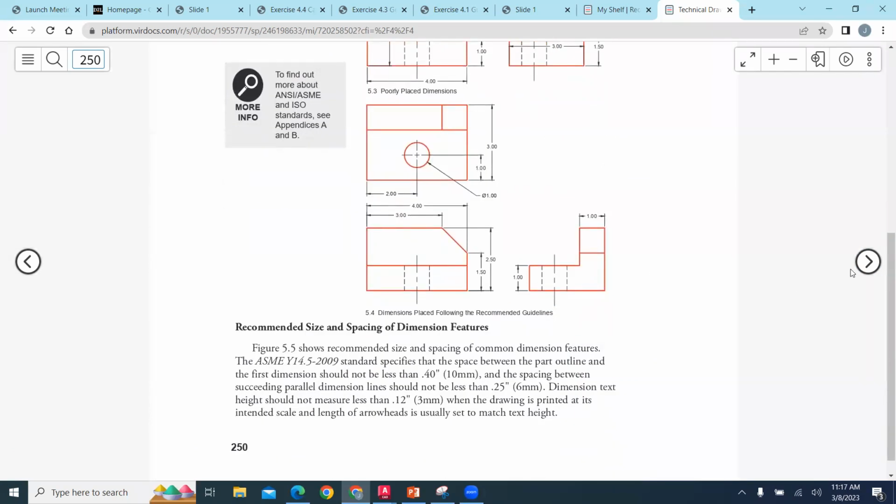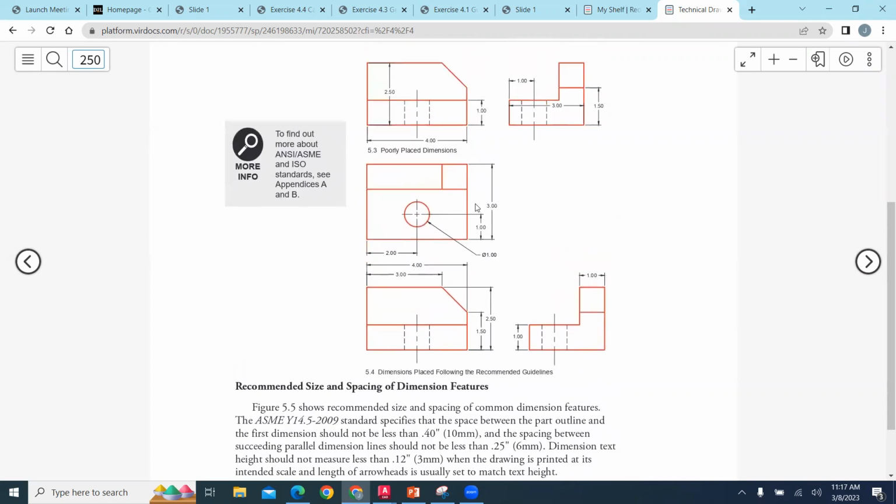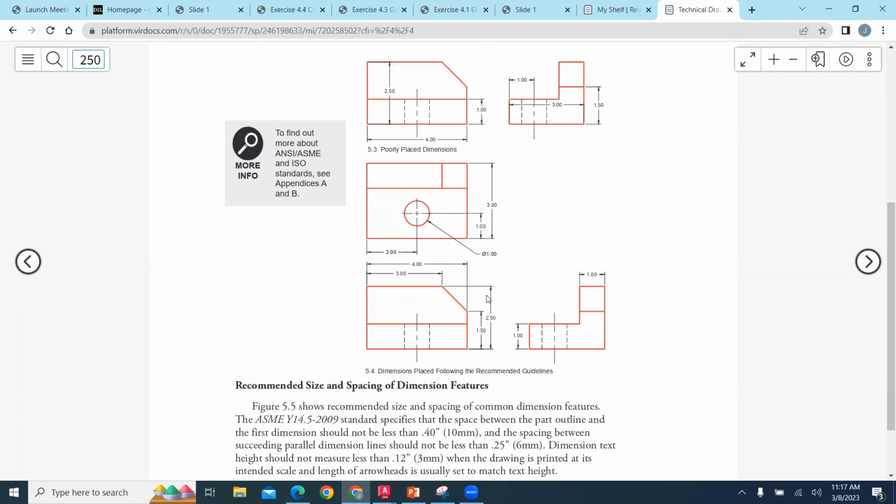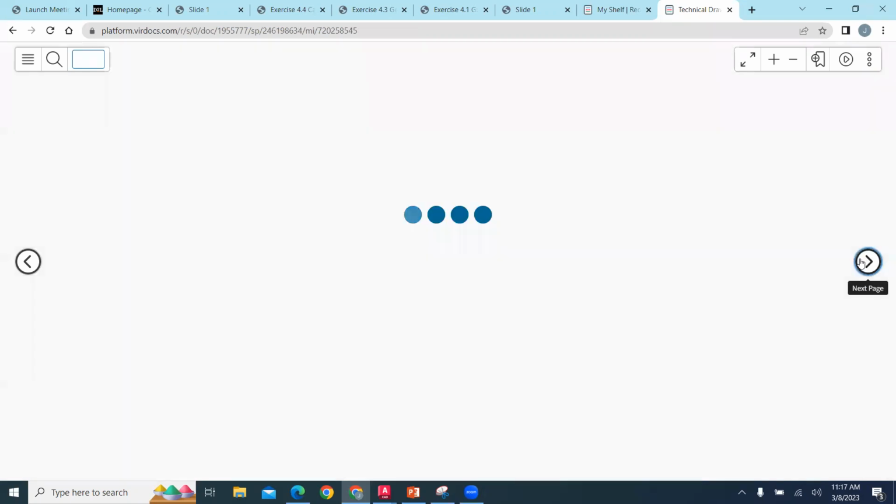Recommended placement of the dimensions would be you try to place the dimensions on the appropriate views for the best clarity. And then when possible, we try to avoid placing dimensions on the drawing. So poorly placed dimensions, things like putting the dimensions on the part, versus something like this, which would be according to the recommended practices, which is a nice, more neat and accurate